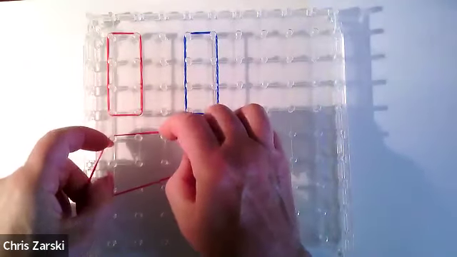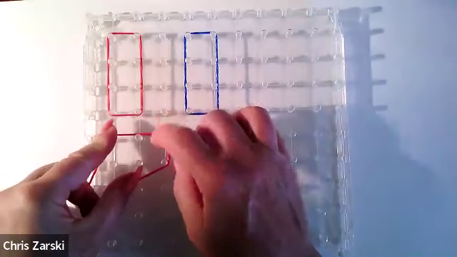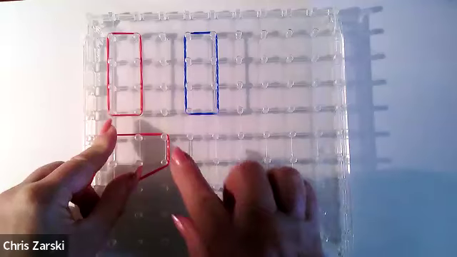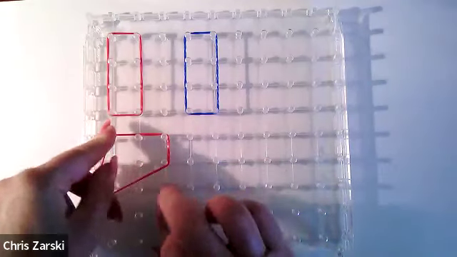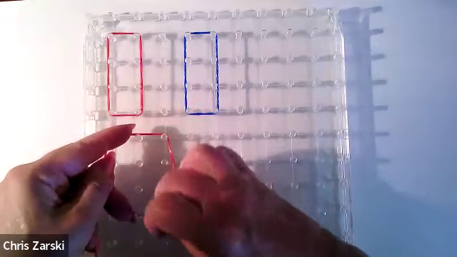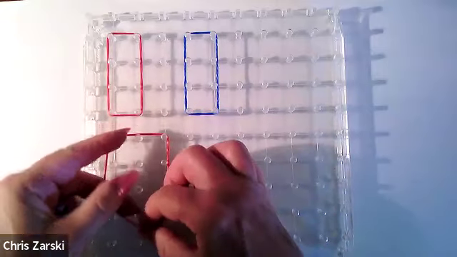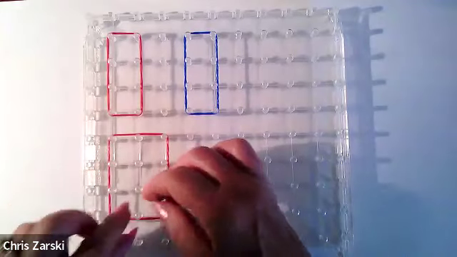So if I'm going to start there, now I want you to, and they're going to count first before they do anything, I want you to count down 3. 1, 2, 3. So when I count down 3, and I make my rectangle,